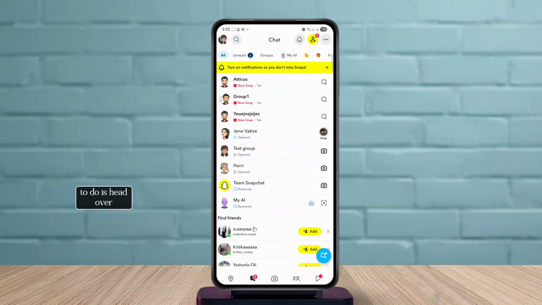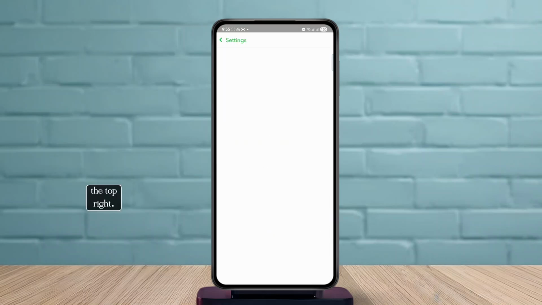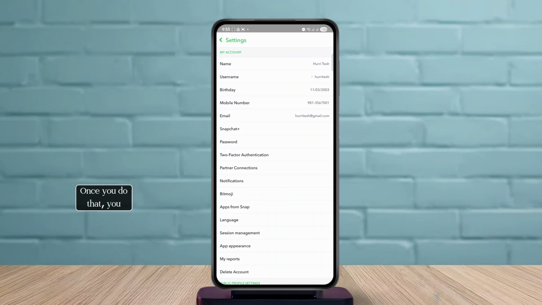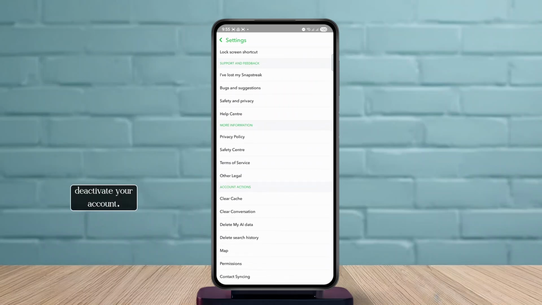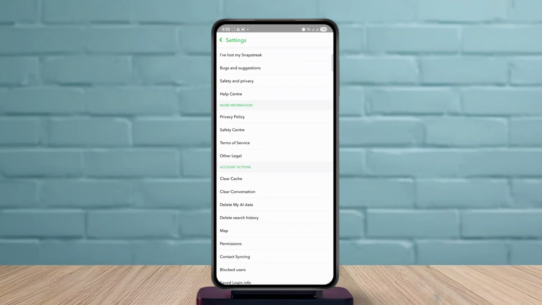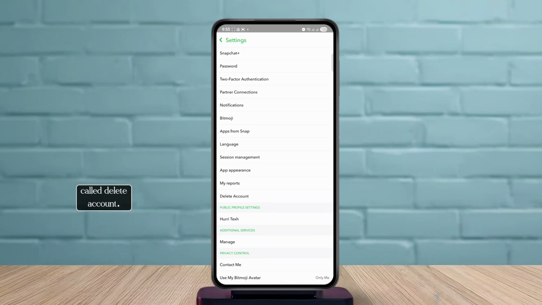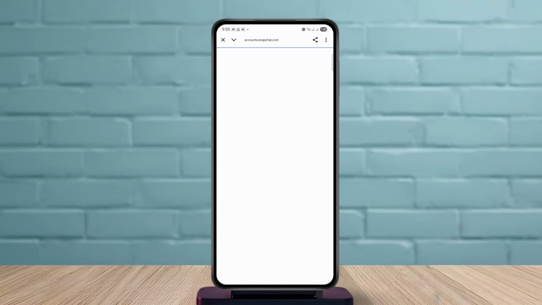So the first thing you want to do is head over to Snapchat, tap on the profile icon at the top left, and then tap on the gear icon at the top right. Once you do that, you should scroll down where you will have an option to deactivate your account. So what you basically have to do is just scroll down and you'll have this option called delete account. So you basically have to tap on delete account over here,